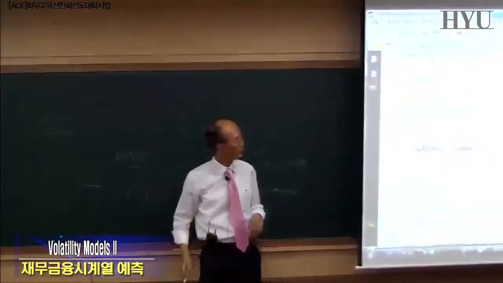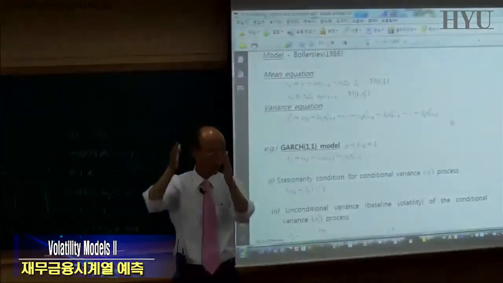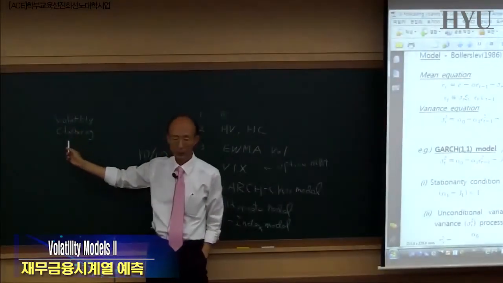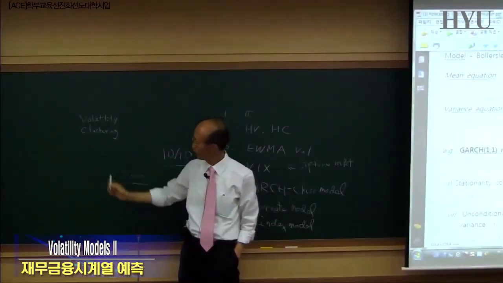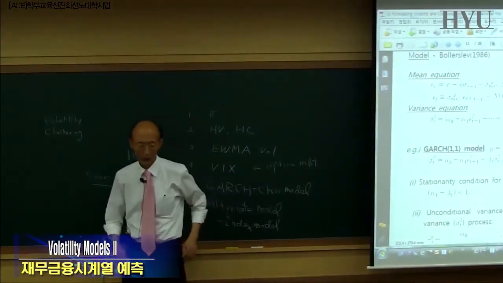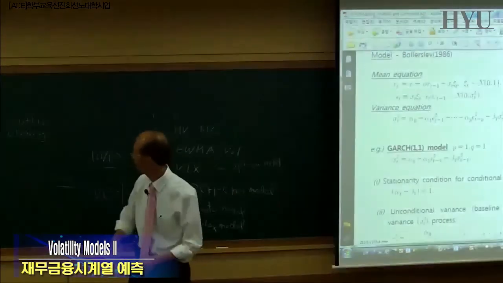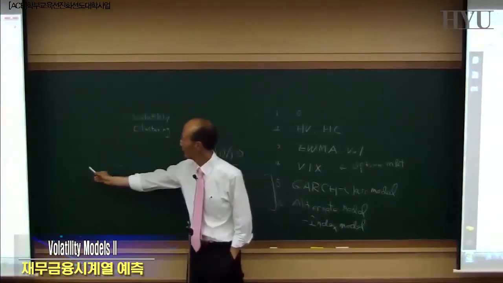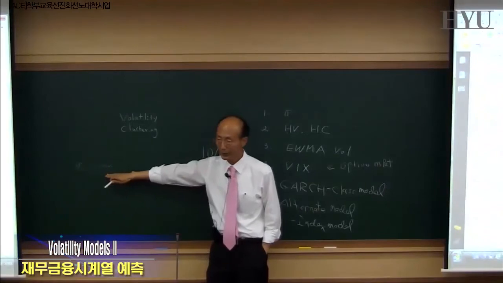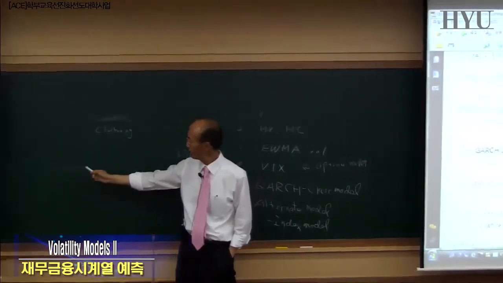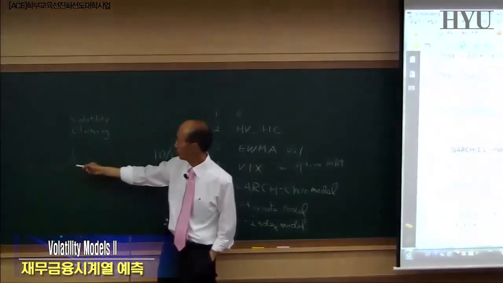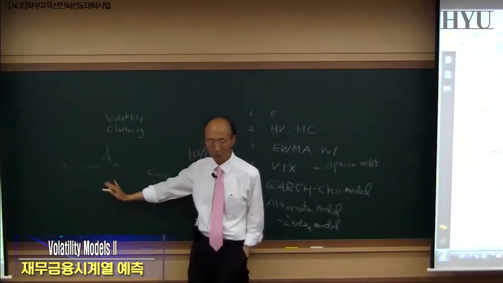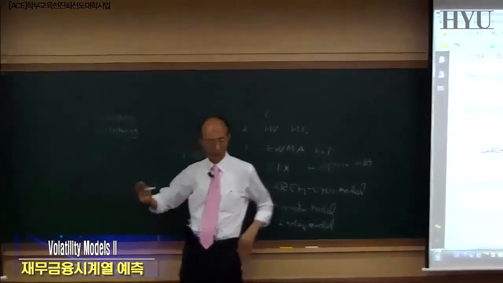What kind of data will generate that kind of leptokurtic feature? Well, the data that's showing volatility clustering. So for instance, if volatility is small, so sigma t could be moving this way over t, okay? But if volatility increases, then the period with higher volatility will last for some extended period of time.